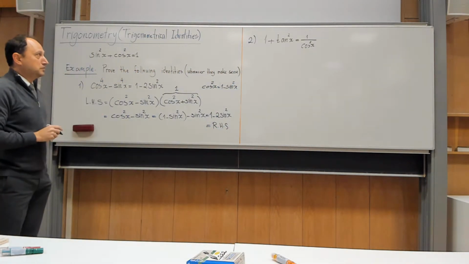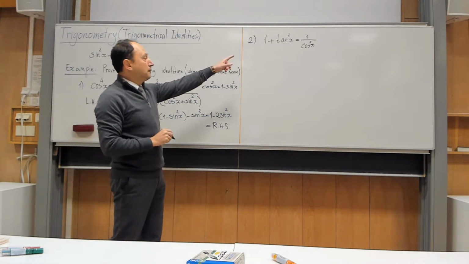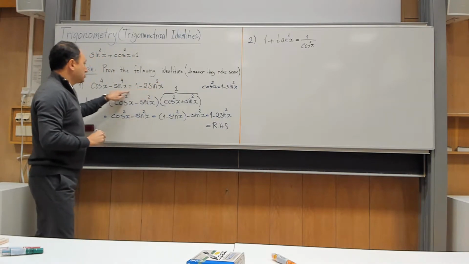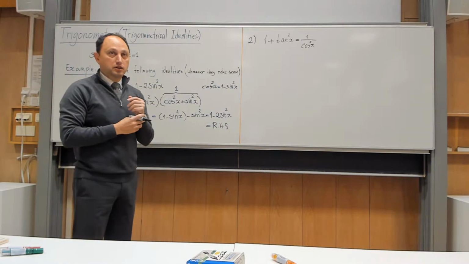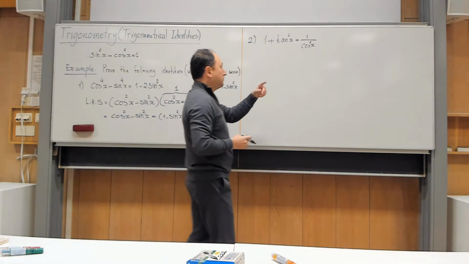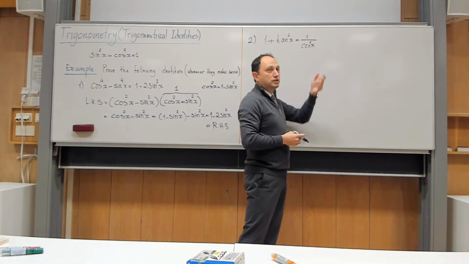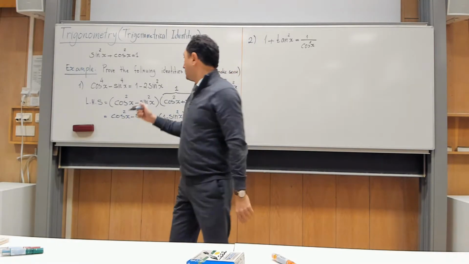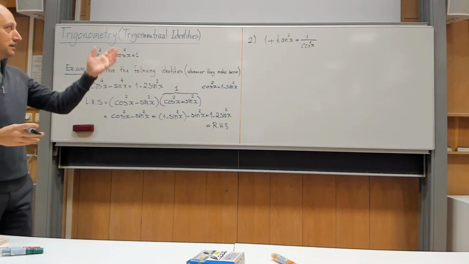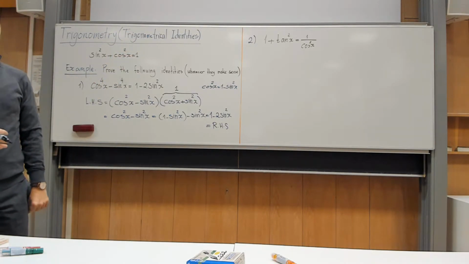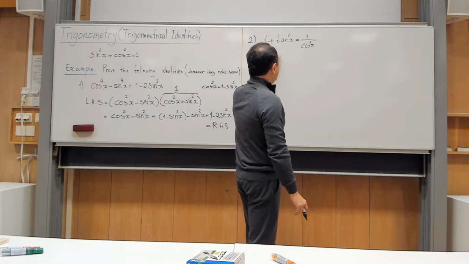I told you to remember this formula, but let me just use it as an excuse to explain this. For example, this is always true for all choices of x, but I cannot say that this is always true because there are some gaps there. For example, if I take x to be 90 degrees, cosine of 90 degrees is 0 and 1 over 0 is not defined. So whenever they make sense, meaning these anomalies do not happen, this is an identity. Yes? So in principle, if I want to be very precise, I should say that prove this